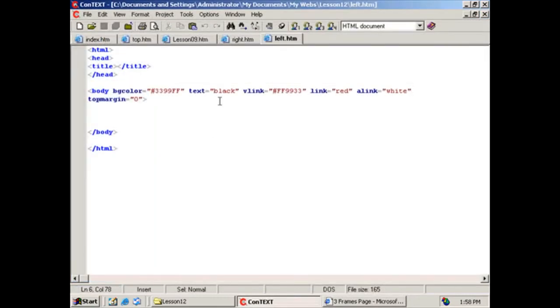Now let's set our margin. We have our top margin set to 0. Let's do left margin equals 0 as well. And we'll do right margin equals 0. That looks kind of pretty. Let's see here. Let us type out